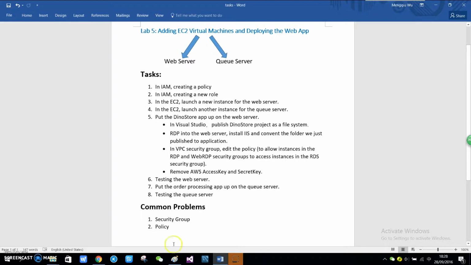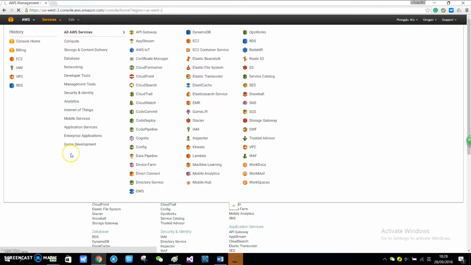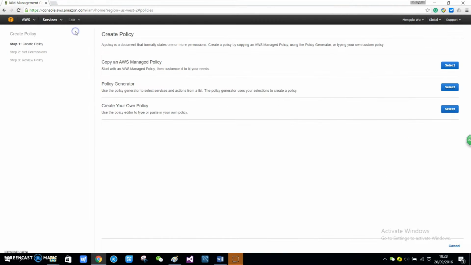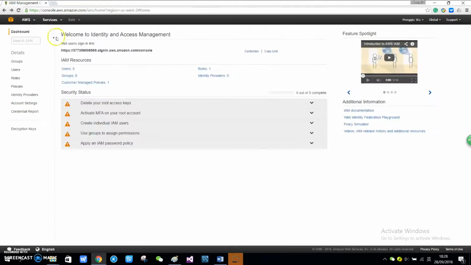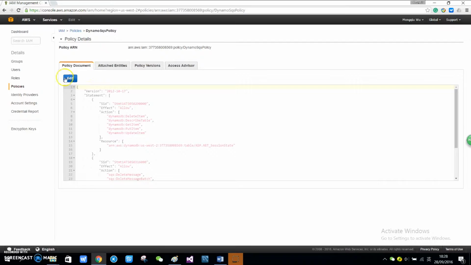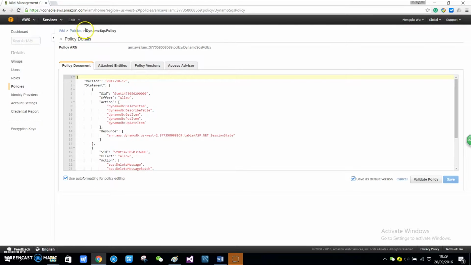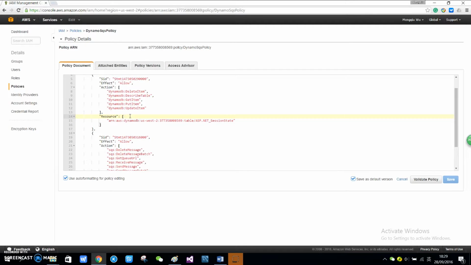So let's start. We go to IAM to create a policy. We can click here to create the policy, using the policy generator. Since I have already created the policy, I'll just show the policy here. Here's the policy, DynamoSQS policy. In this policy, we have two statements. The first one is to allow DynamoDB to delete item, describe table, get item, put item, and update item. And we got the resource from the DynamoDB ARN,